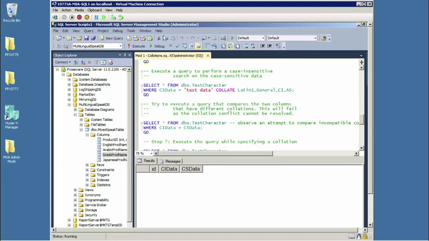Now we see that I can actually override collation behavior on a per query basis, once again using the collate clause. So I'm querying for the presence of all lowercase data against the case-sensitive data column, but I overrode that with a case-insensitive collation.